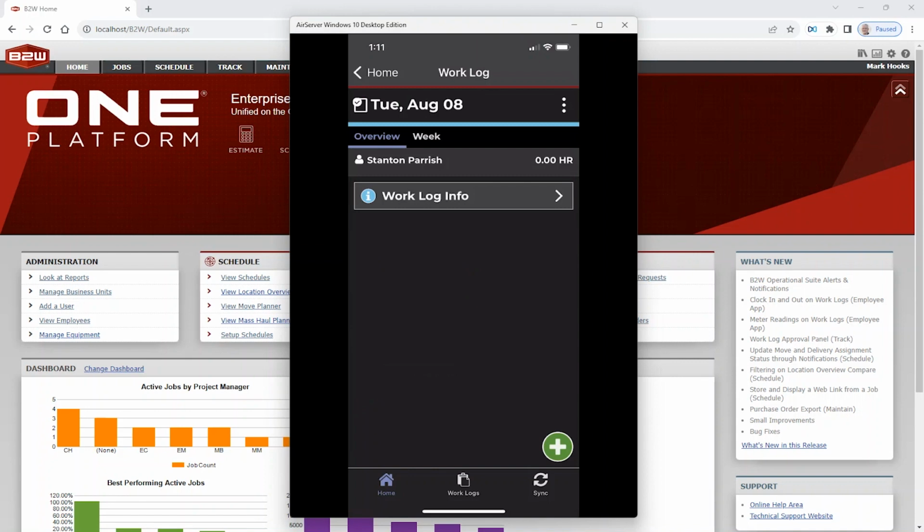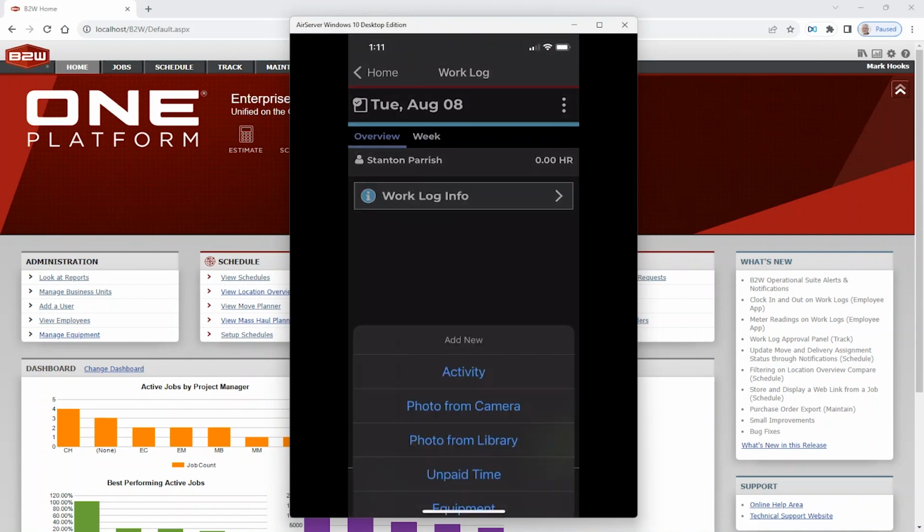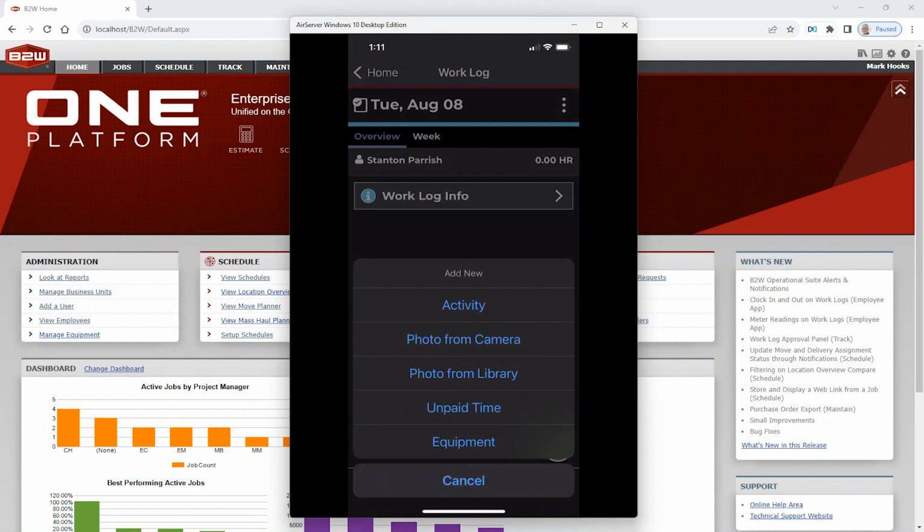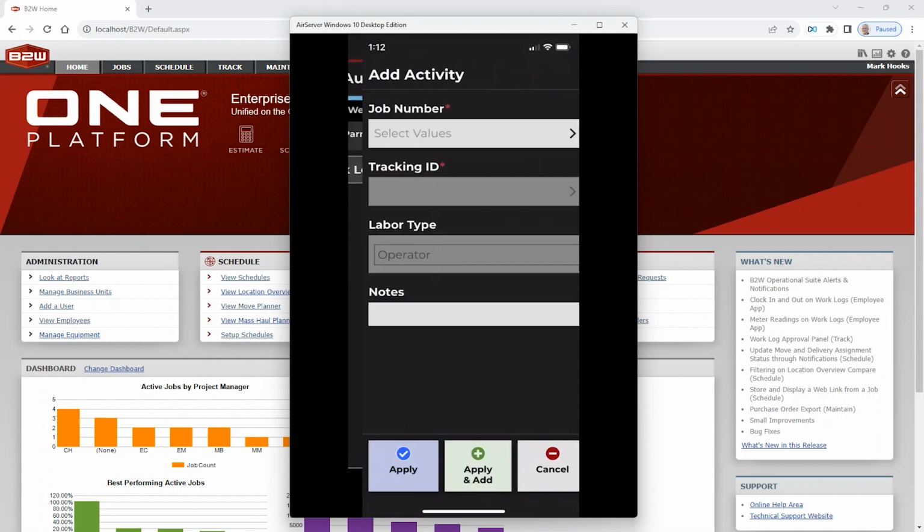Now I come in and I need to put the activities that I'm performing as I go throughout my day. So you'll notice here when I open up the activity button, I can put in activities, I can take pictures, photos from the library, I can put in unpaid time, I can put in equipment hours, all that can happen right here on the work log. So I'm going to add an activity, and with the